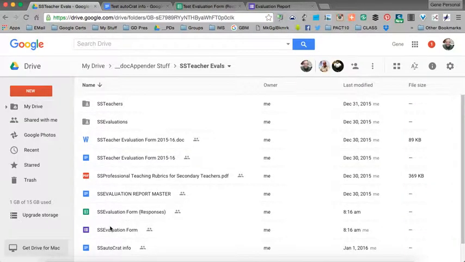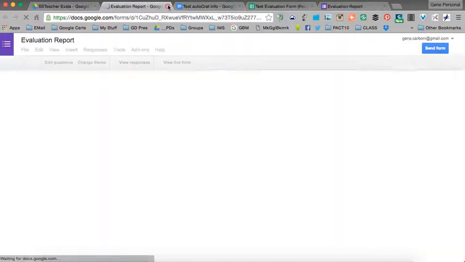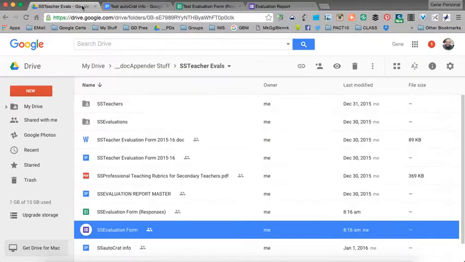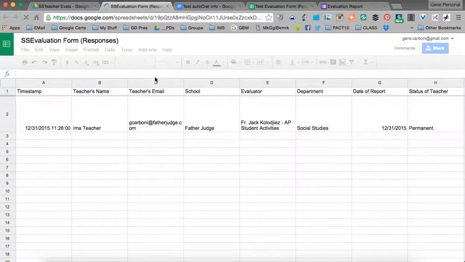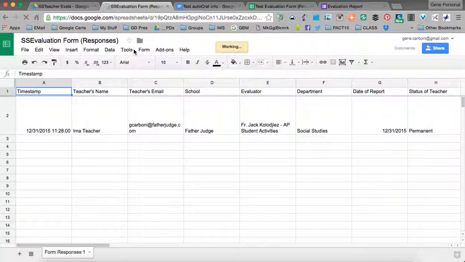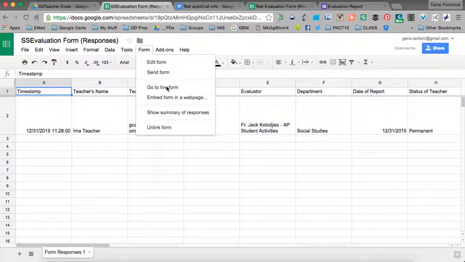What we need to do is concentrate on putting the information into the evaluation form, and the form is here and the responses fall here. Now you can work in the form or you can work in the spreadsheet in the responses and then grab the form from there. Choice is yours. You could get to the form either way, either through the form itself or through the spreadsheet by clicking on form and then go to live